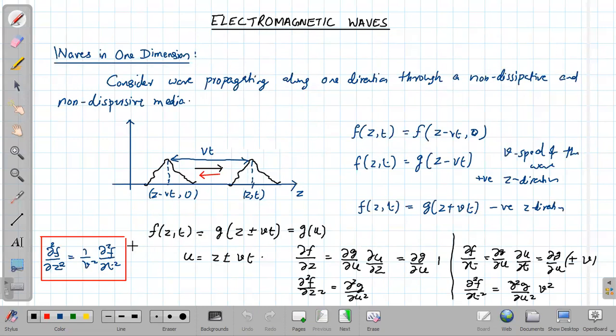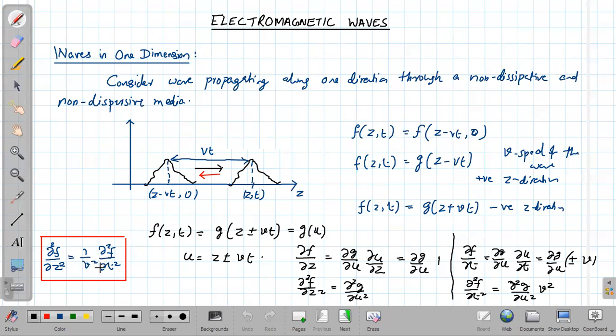And finally, we have derived the differential equation satisfied by the wave. The differential equation is very important in physics because it is a local equation. It has to be satisfied at each and every time and at each and every location. So the wave equation satisfied by the one-dimensional wave, we can write as ∂²f/∂z² equal to 1 by v² ∂²f/∂t². The term which comes with the second derivative of the function with respect to time is 1 by v². So if you can derive this expression for any physical wave, we can look at the expression for the speed of the wave in that way.